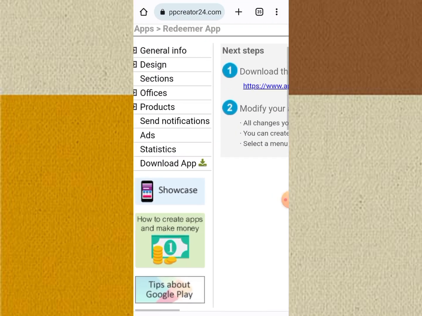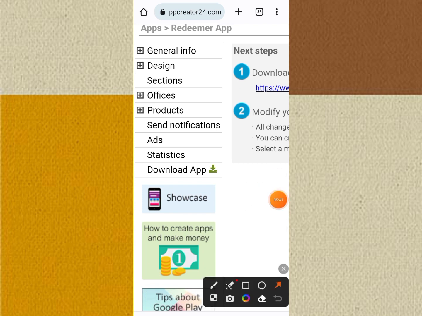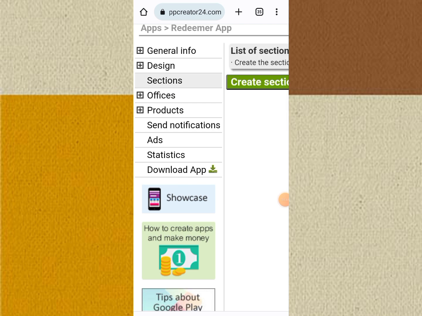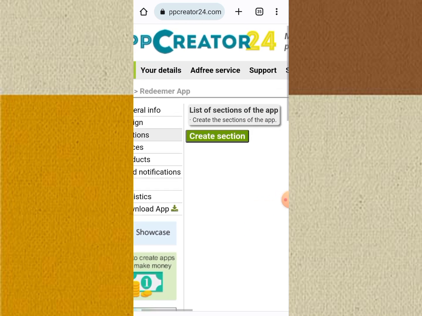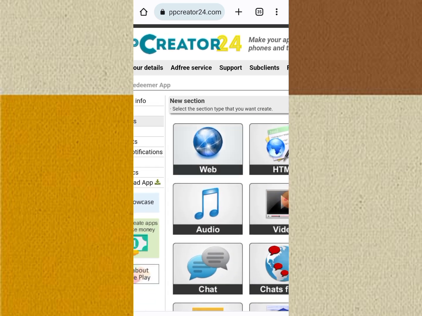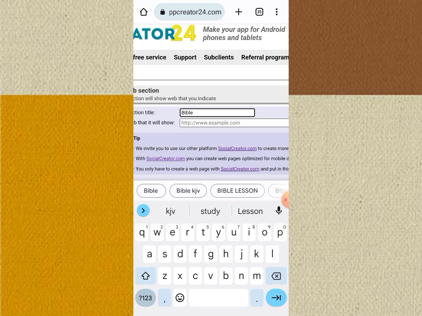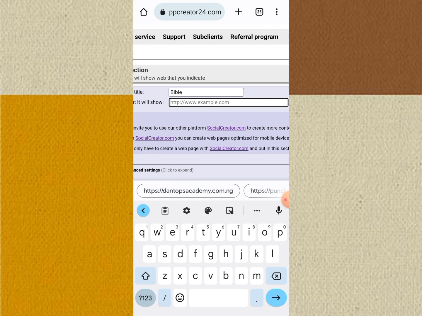So now the first section I'm going to create: come here and click on section. When you come here, you are going to see this section button. I'm just going to click on section and the section options should open up for me. The first section I want to put there is the Bible section. So I'll click on section here and click on web. When I click on web, I'm going to name this Bible, since I want it to be Bible. Then I'm going to put the Bible URL, which is